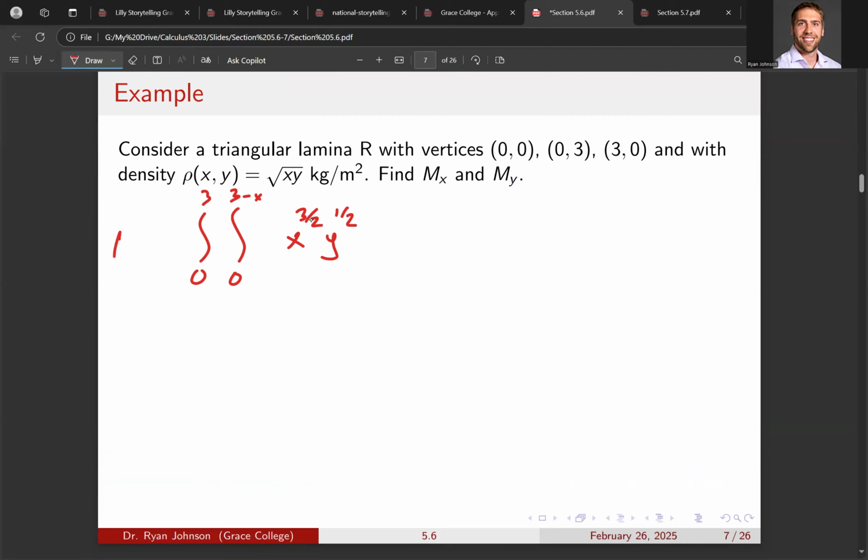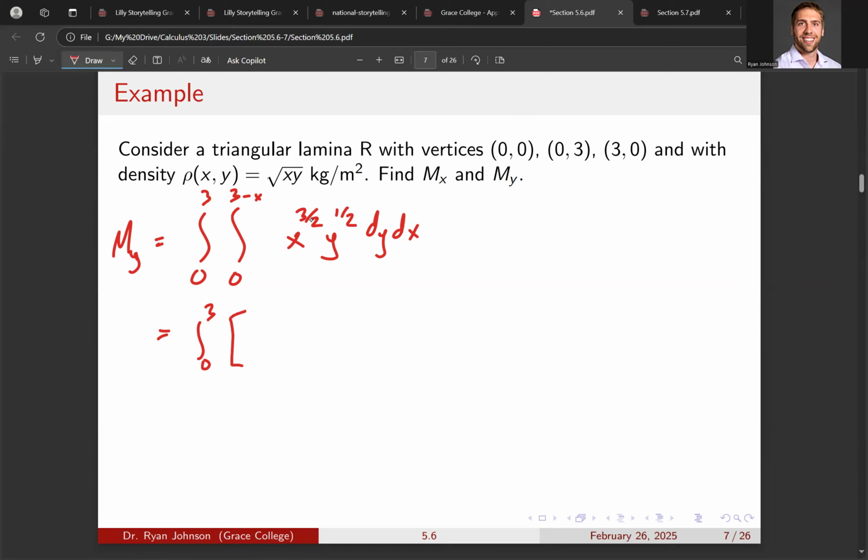All right, so we'll calculate my, dy dx. And so we might have to go through the whole rigmarole again. So then 0 to 3,